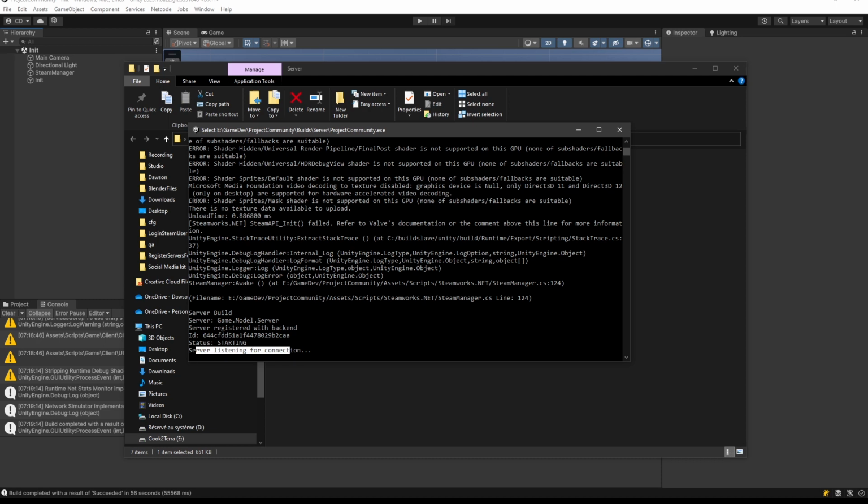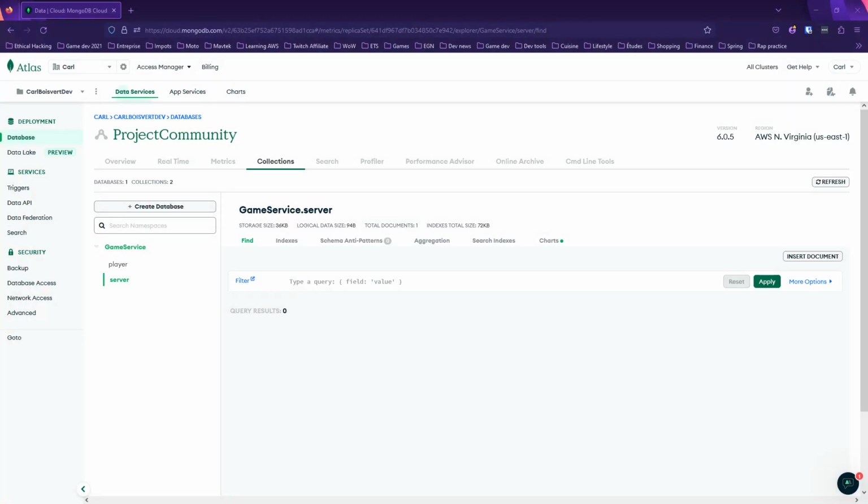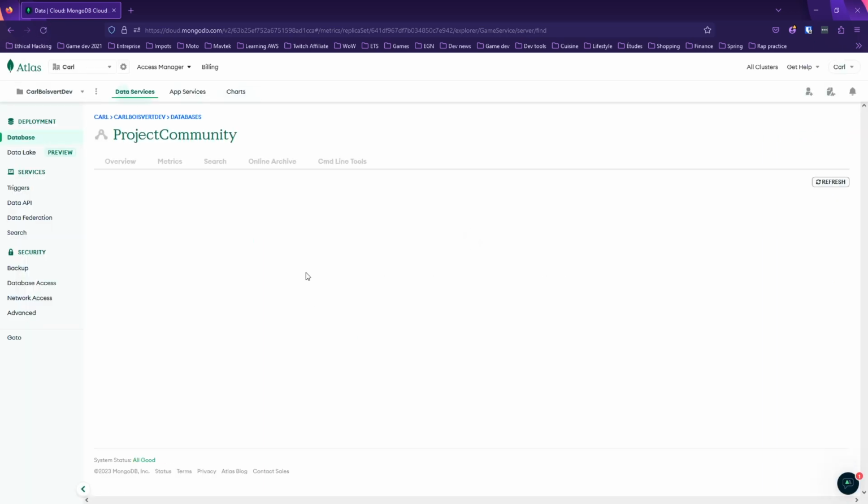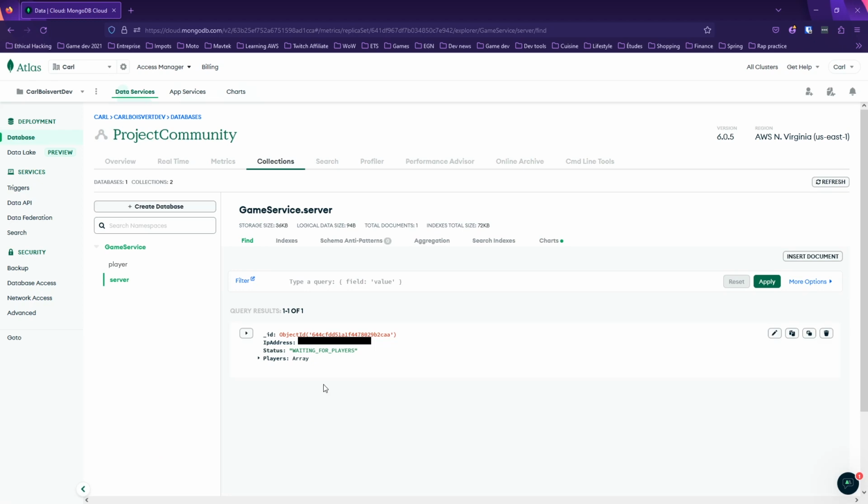So if we go now in our MongoDB, we can see the server connection. And then if I click it, or let's say refresh the page, I will see right here my server, the IP address and its status. It is now waiting for player. So now we can have in our game functionality where we want to know all the servers that are waiting for players, and we select one randomly and assign it to a player so that he can connect and play with his friends. And there it is for registering our dedicated server to our backend,